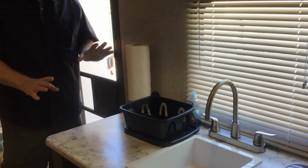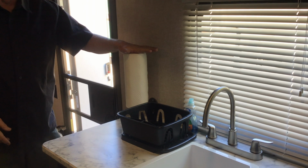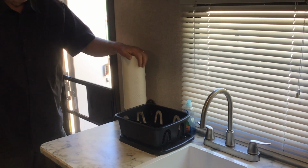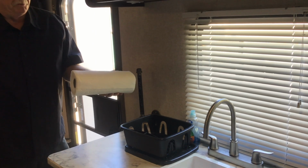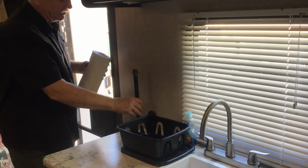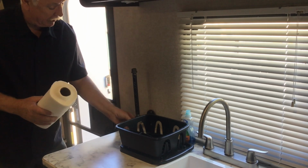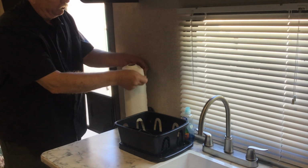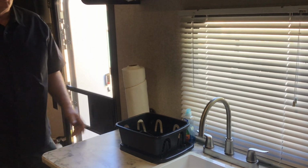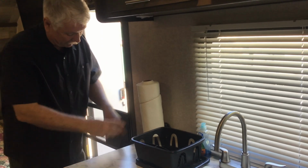One of the things that we have added to our 17B is this paper towel holder. And you know, when you're camping or whatever, you need a lot of paper towels. So we're going to have a few here, but you probably need to bring some of your own. But we made this nice, sturdy paper towel holder. And what we have on here to secure it, I put some rubber bands on here. So when you do like this, and while you're going down the road, you can do that. If you don't, trust me, you will get to wherever your destination is, and these things will all just be